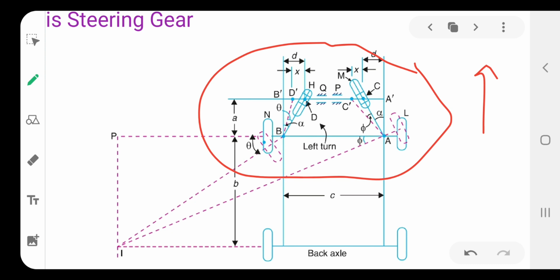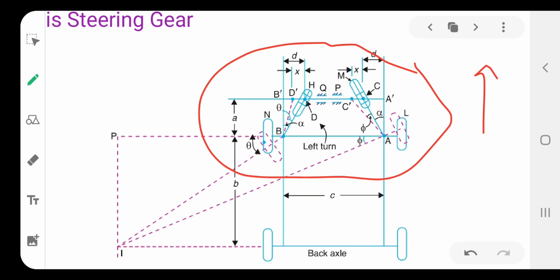The slotted links AM and BH are attached to the front wheel axles, which turn on pivots A and B respectively. The rod CD is constrained to move in the direction of its length by sliding members at P and Q. These members are connected to the slotted links AM and BH by a sliding and a turning pair at the ends. The steering is effected by moving CD to the right or left of its normal position, C dash D dash, as shown in the figure.